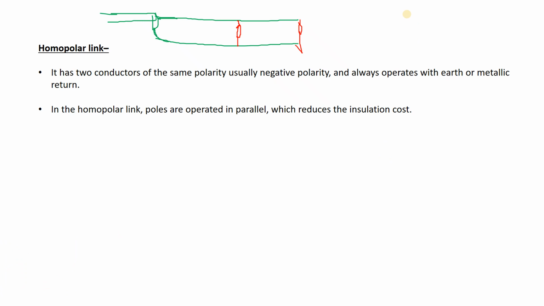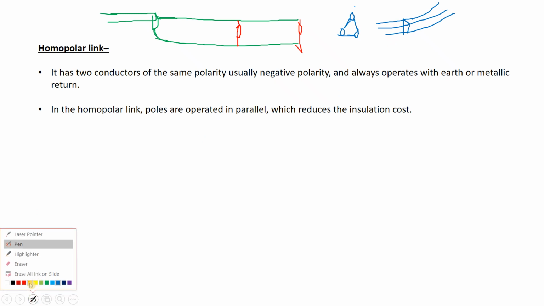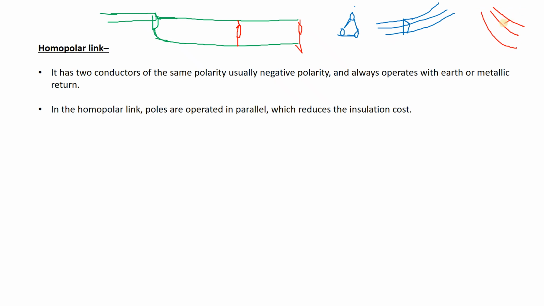If you carefully see the transmission line, if you Google it and see the pictures of many transmission lines, you will see that for each phase, suppose phase Y, the conductors are connected like this. One conductor is there, another conductor is there, another conductor is there. They are connected in this way. And suppose there is the R phase, so 3 conductors are used, 3 or more than 3.